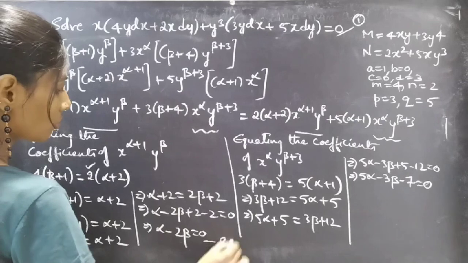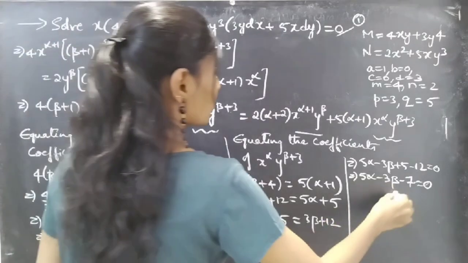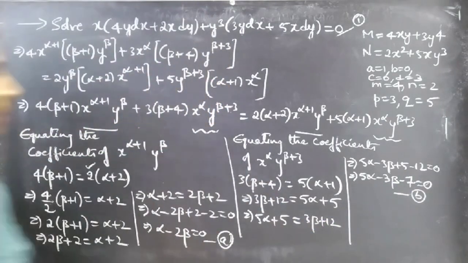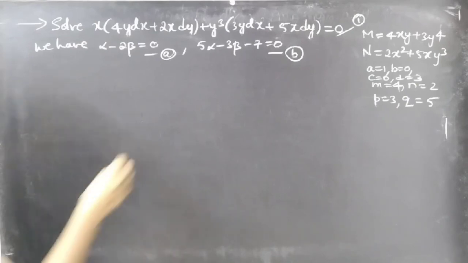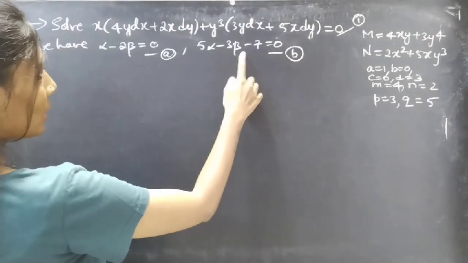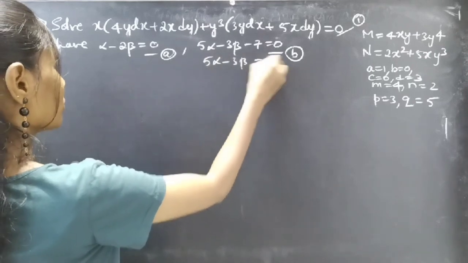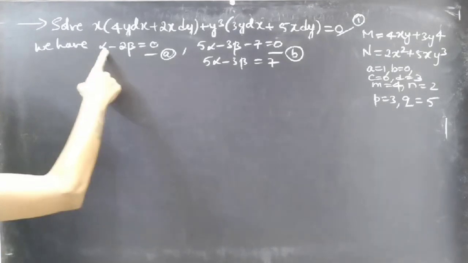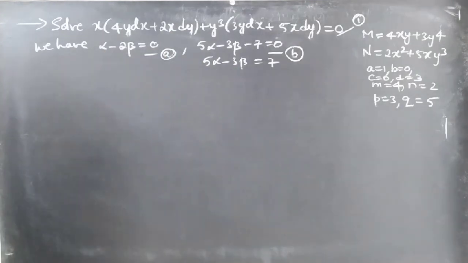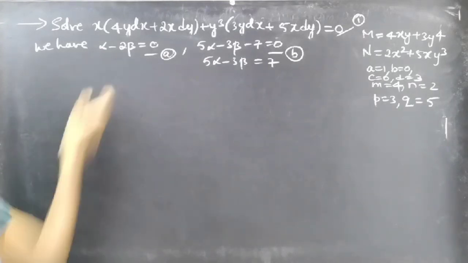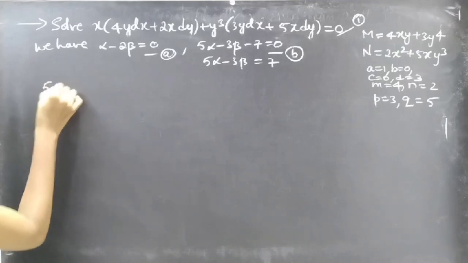Consider this equation as equation number A and this equation as equation number B. Now by solving A and B, we'll get alpha and beta values. Here we have equation B, 5 alpha minus 3 beta minus 7 equal to 0, or we can write this as 5 alpha minus 3 beta equal to 7, right? Let's now solve equation A and equation B. In order to cancel the terms involving alpha, we need a 5 here, right? Let's multiply 5 to equation A, then we'll get 5 alpha